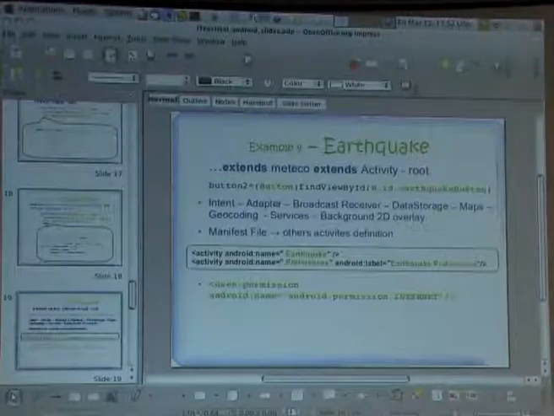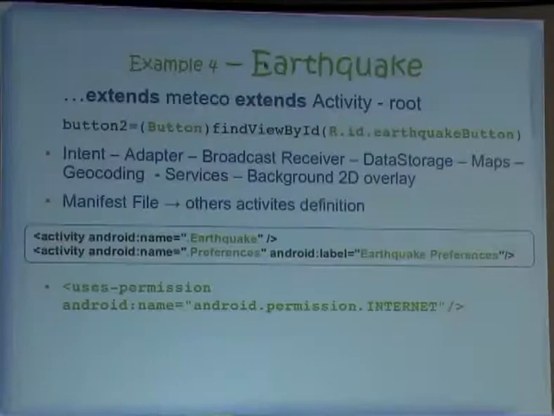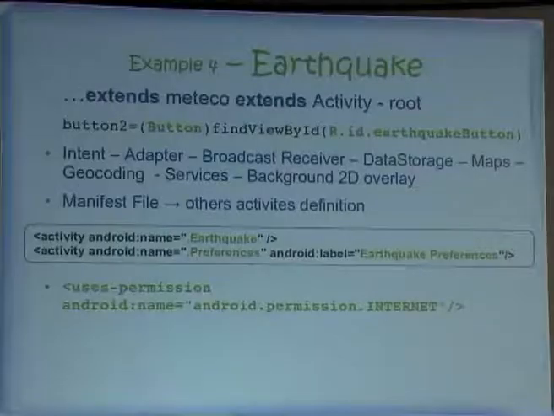Other, more advanced, this is actually now we are going to a very advanced application, but maybe it will be more interesting for you because it's an earthquake activity. This activity is doing a very simple thing. It's downloading data stored somewhere in the U.S. government official web page about the earthquakes and displays this data to you. And this application contains a broadcast receiver.